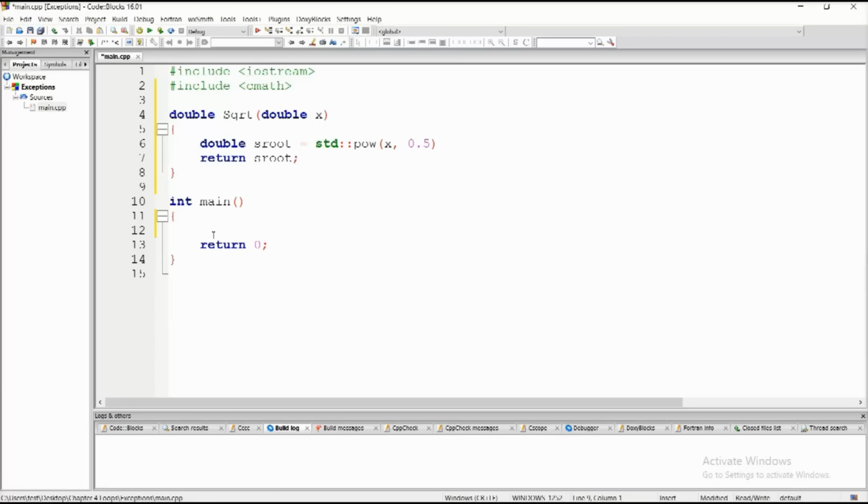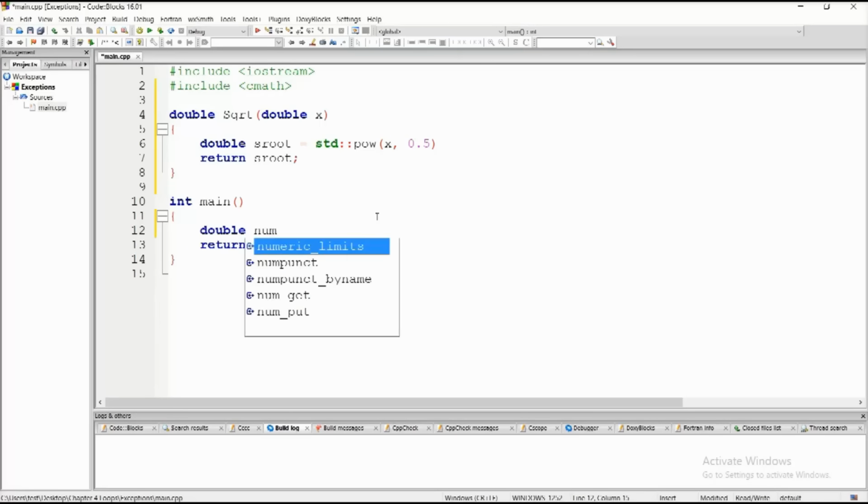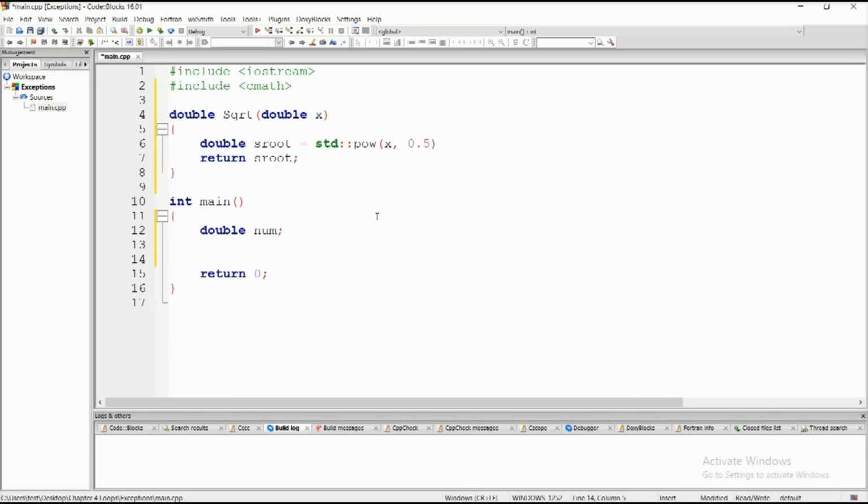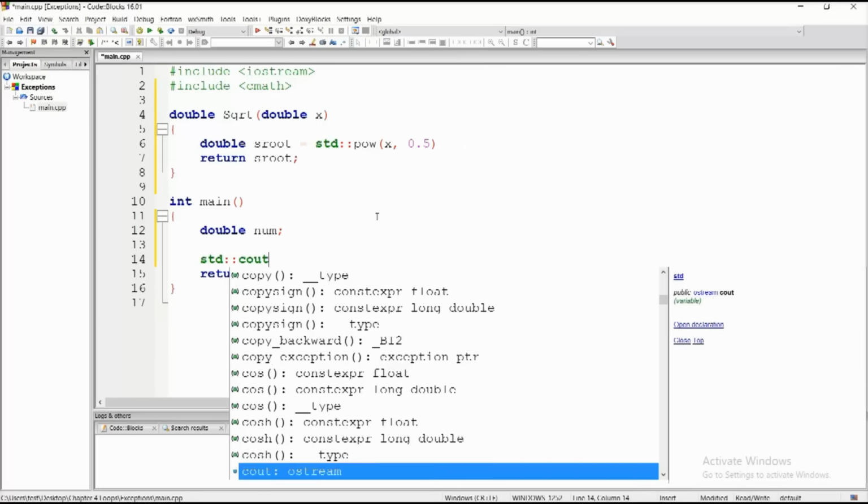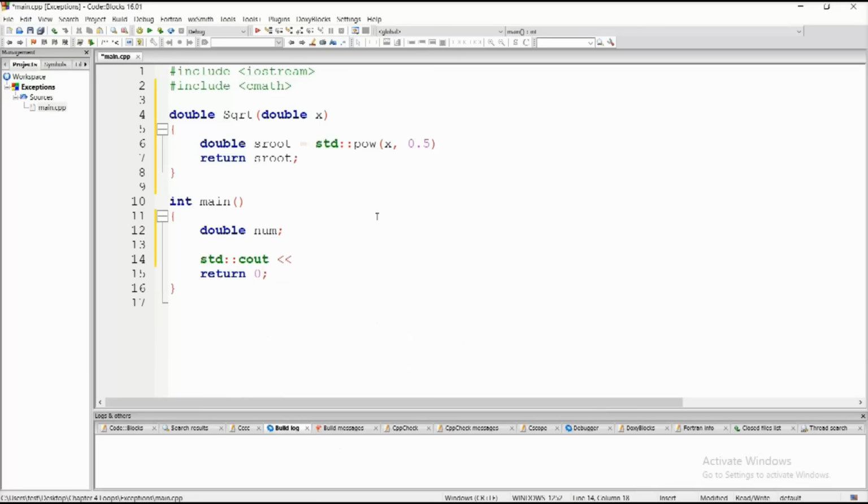Let's just go ahead and write the program down below, and you will see how this relates to exceptions in a moment. We're going to need double num, and std::cout, "Enter number." The user will enter some number of their choosing. std::